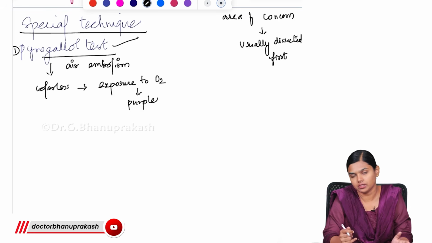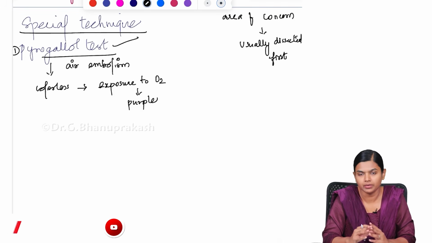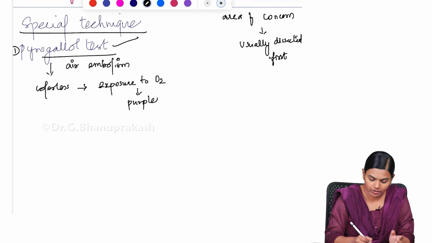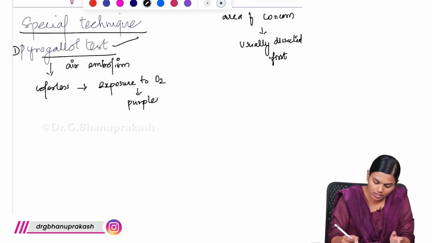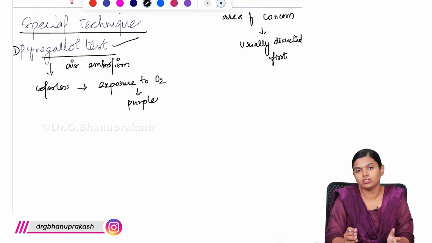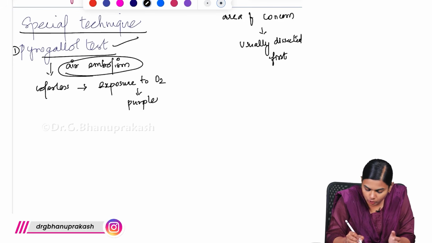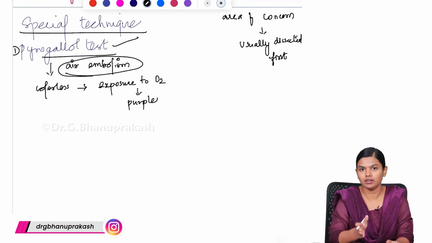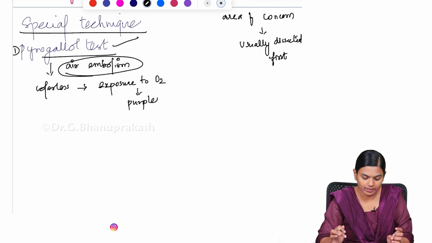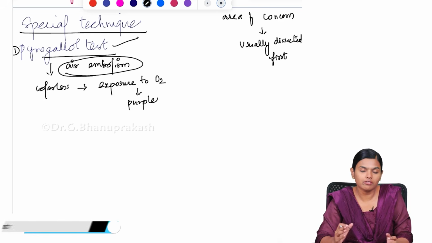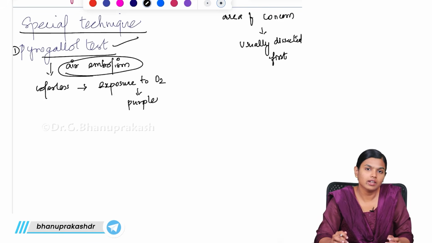So, if you are suspecting air embolism and you do this pyrogallol test, the air will react with the pyrogallol reagent and it will turn purple. So, that is the reason for using this pyrogallol test, because even after death we will have